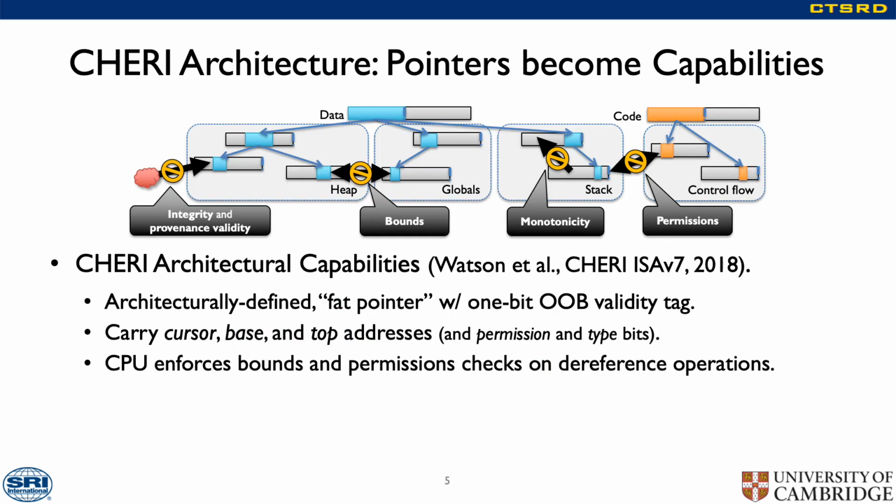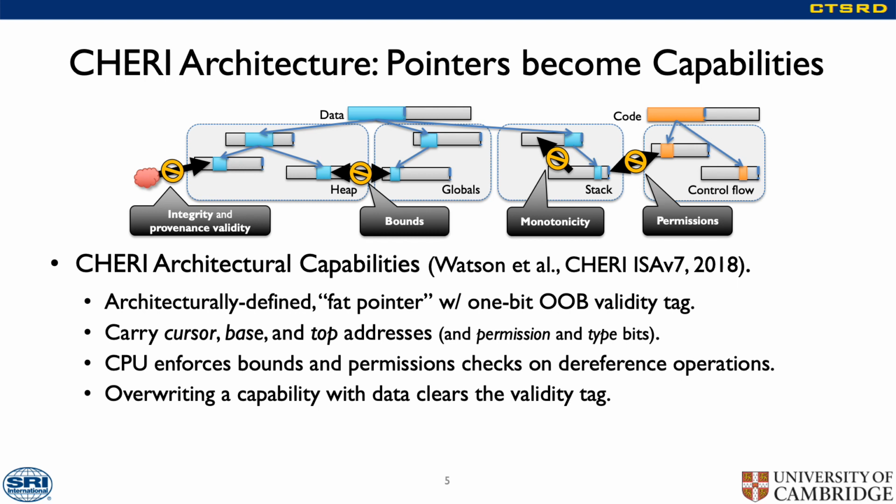CHERI is a capability processor architecture designed to run C programs and yet enforce aspects of memory safety within the instruction set itself. CHERI capabilities are 128-bit packed structures, pairing a traditional 64-bit integer address with upper and lower bounds. Moving the address out of bounds and dereferencing will trap rather than access memory. By distinguishing between integers and references at the ISA level, we can begin to enforce provenance.